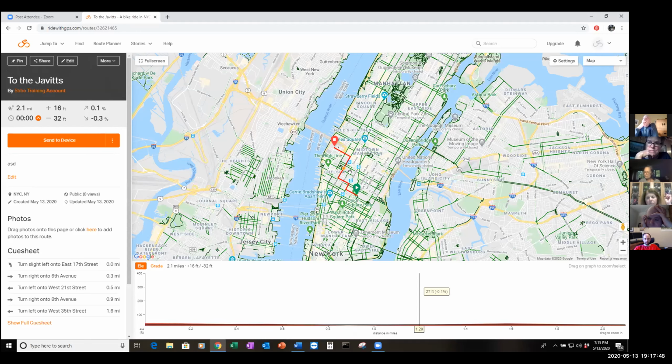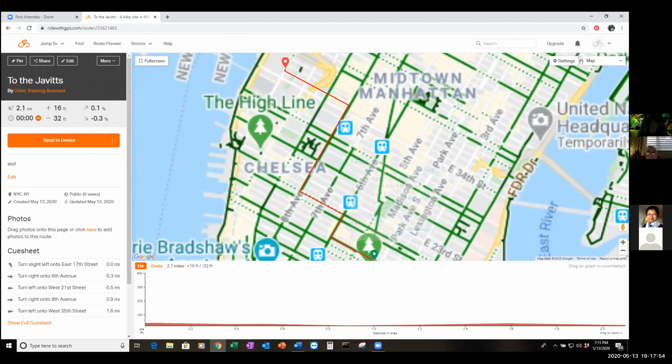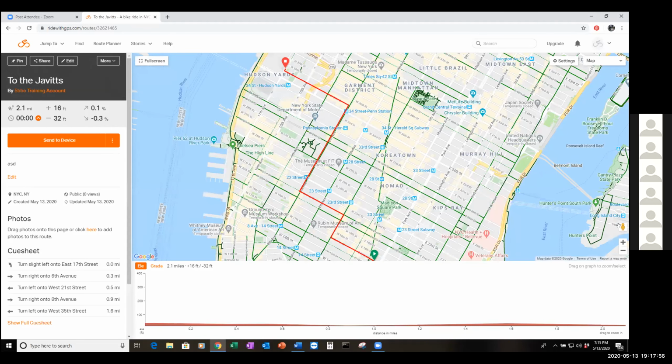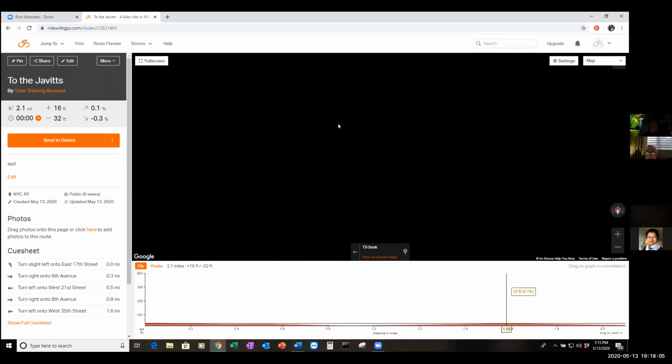But it is available. You get most of the features. So that's a couple of options here with the maps that you can do. And again, just like we did in the planning phase, I can still use the street view. So if I want to see something, like what this intersection looks like on 8th Ave,